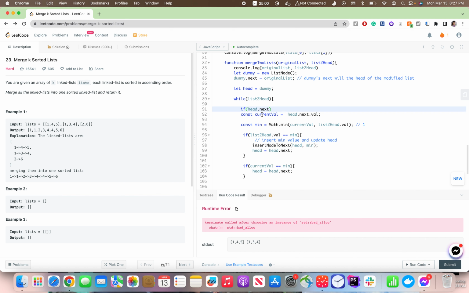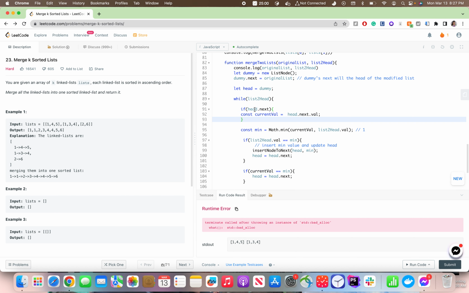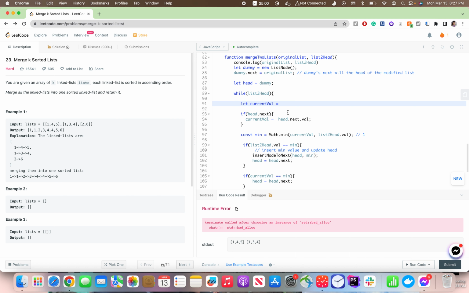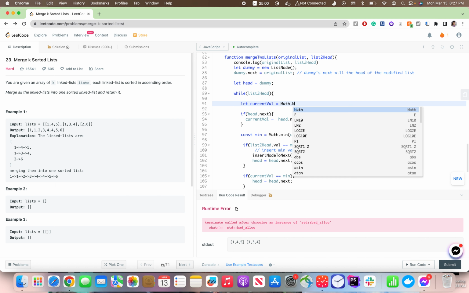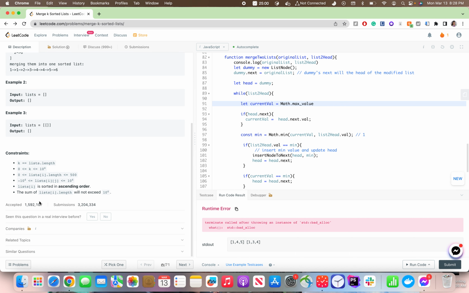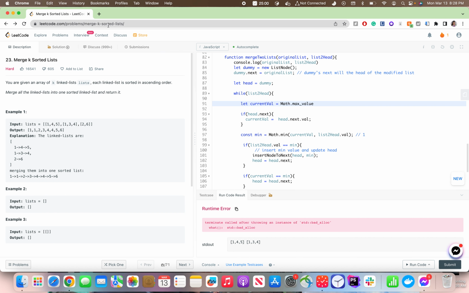If a dot next, if there is a dot next, then I will change it. Otherwise, current value will be equal to Math.max or max value. So value can go up to 10 to the power 4. Okay, Math dot